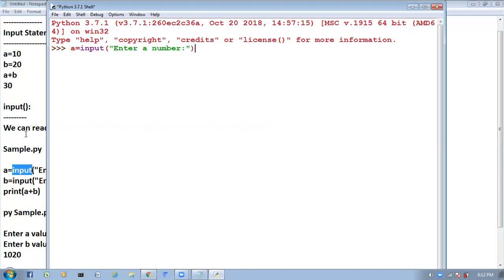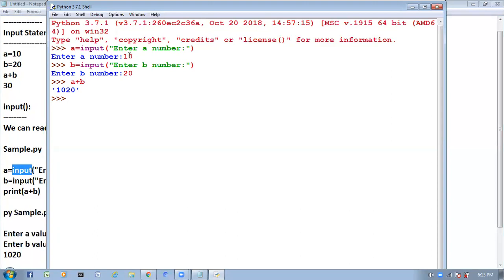Here it is asking to enter a number; I give 10. Next, B is equal to input of "Enter B number". Now I am giving the B value 20. Now I am going to do A plus B. What will it return? 10, 20 it will return.